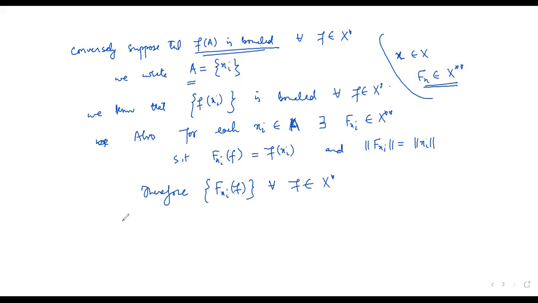So now I apply uniform boundedness principle. लेकिन मैं apply करूंगा वो X double star पे, क्योंकि वो complete है. Now this is a collection of mappings from X star to K. और ये जो dual है ये हमेशा complete होता है. So by uniform boundedness principle,